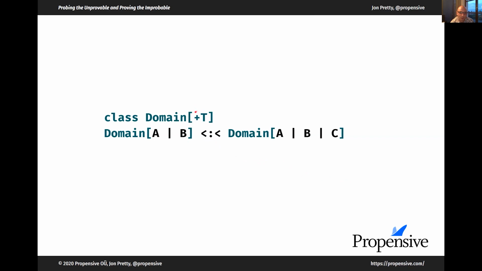So for people who haven't fully explored variance, what this plus means essentially is whatever the relationship you have between two types, wrapping them in some sort of covariant wrapper will not change that at all.